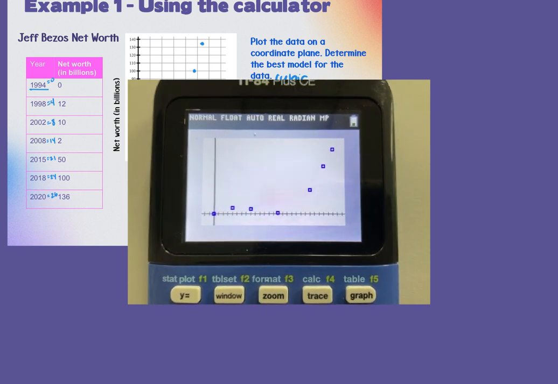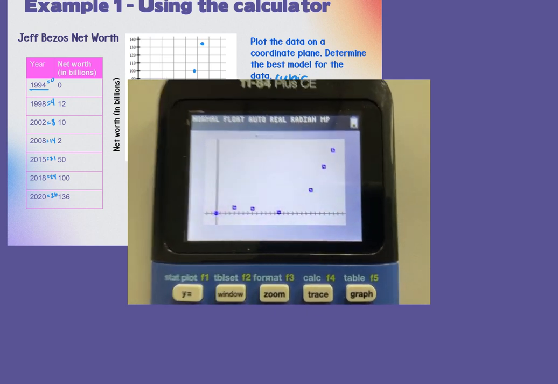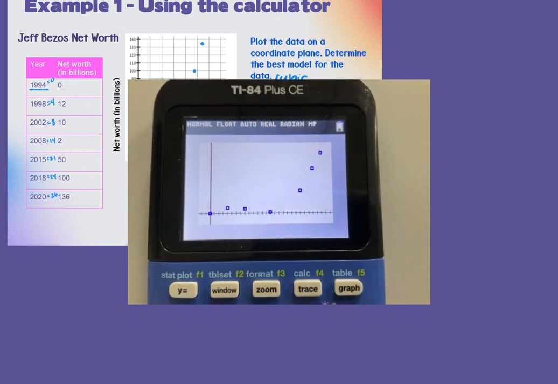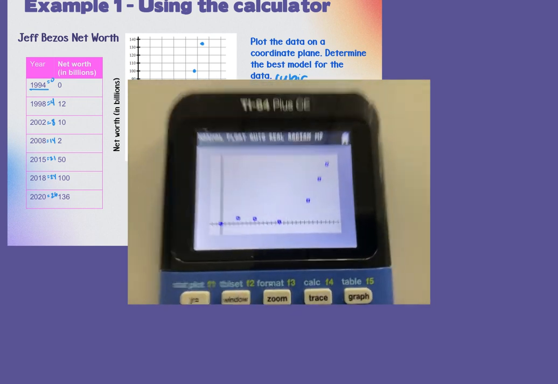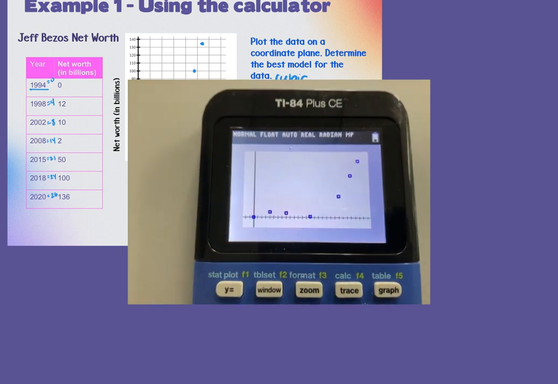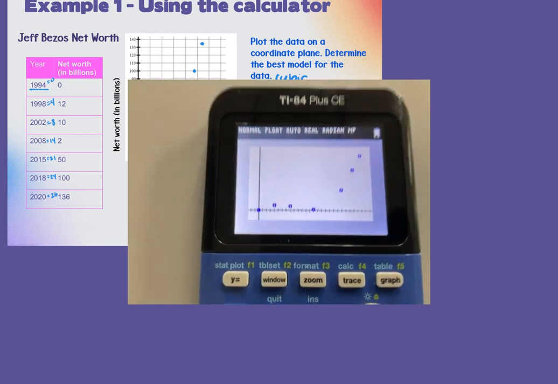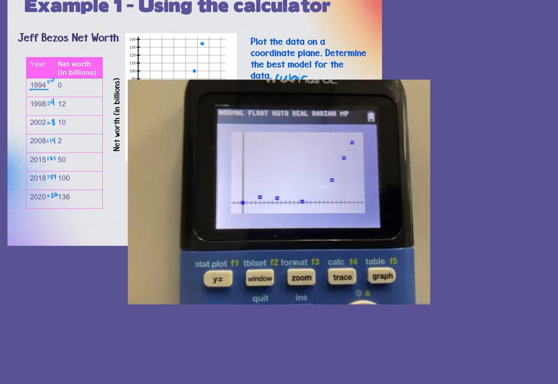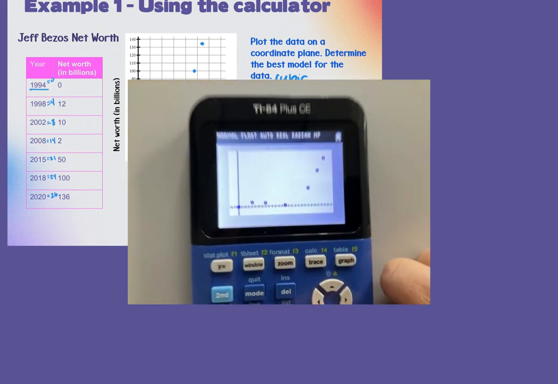Because we're pretty clear that this is a cubic regression, I'm going to teach you how to go straight to cubic, but then we're going to talk about what would happen if I didn't 100% know if it was cubic, and this 100% will be on your AP exam. It will say what's the best model, and it might give you 3 choices or it might give you an open choice. But the way we do it is we go back to stat,